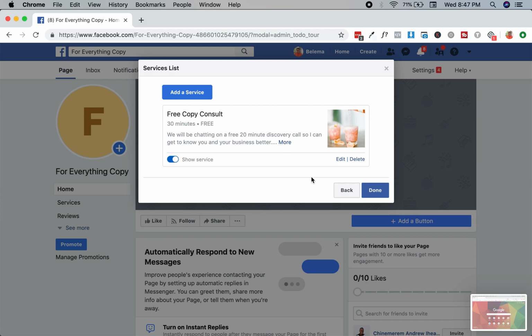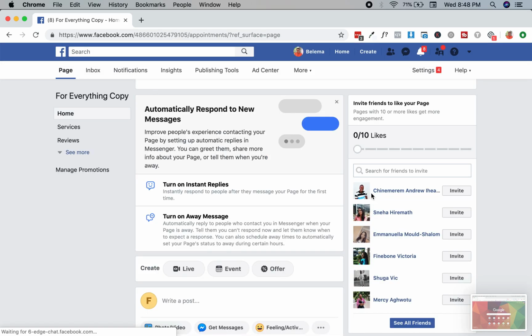people can actually see this. So we're going to click done. You can actually have as many. Now this is better than the free version of Calendly because you can have multiple services that people can book you, and you can add a price and all of that stuff. So I'm going to hit done,